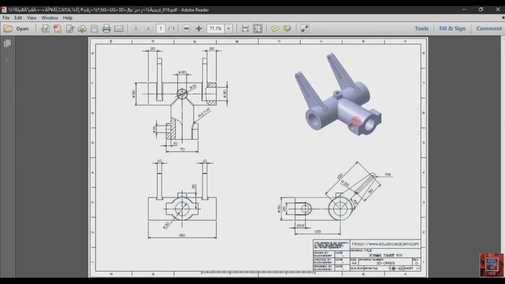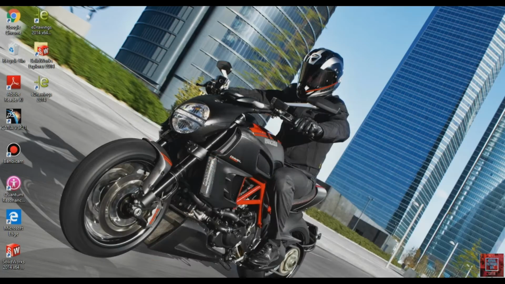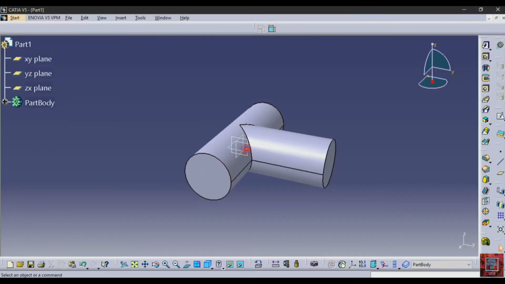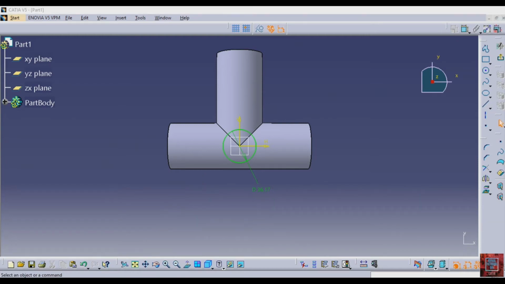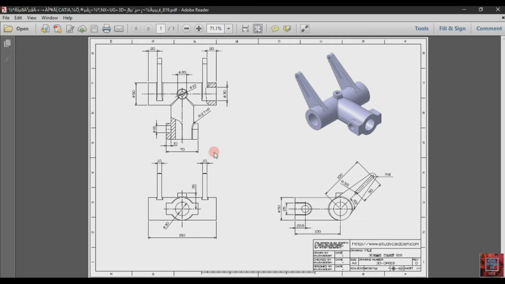So after that we have to make this hole. For that select this plane, XY plane, sketch, select a circle and make a circle at the origin, and after that give the diameter of this circle as 20.